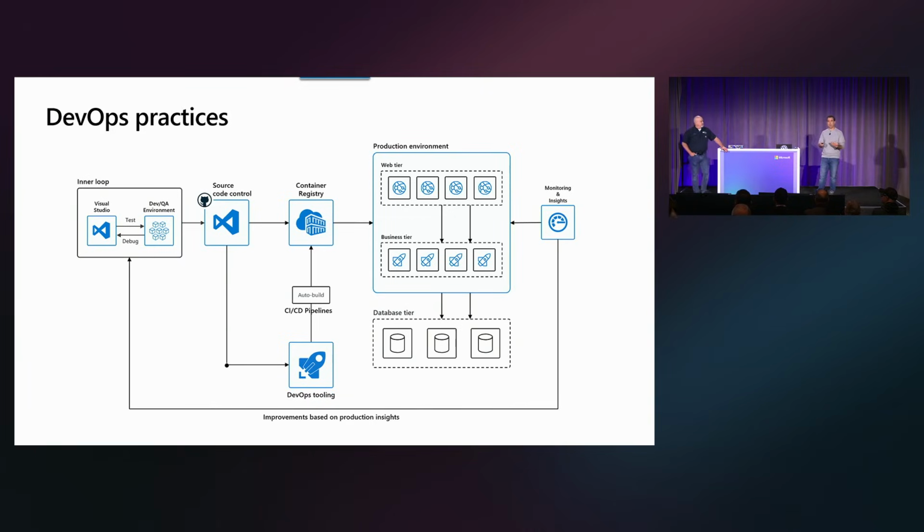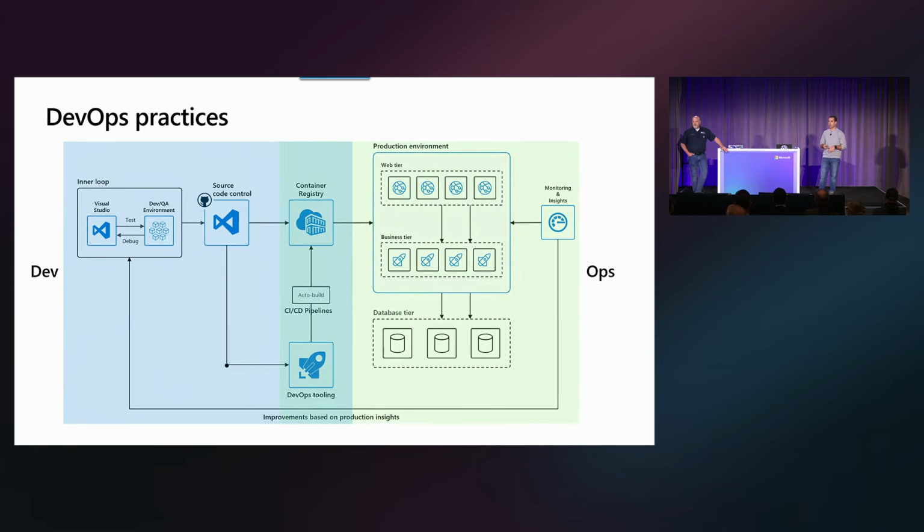All right. And you might be right. If you don't have the scenario to actually run Kubernetes, if running Kubernetes is going to be more complex than running your app, then you should not be doing Kubernetes, right? But there are a lot of scenarios where Kubernetes brings a lot of advantages. And that's why we are bringing this slide about the DevOps practices, because at the end of the day, the developers want to work on the development cycle of the application. They don't want to be dealing with the infrastructure in the production environment. And that's where you as an IT pro come in, and that's what we're going to talk about in the session today.